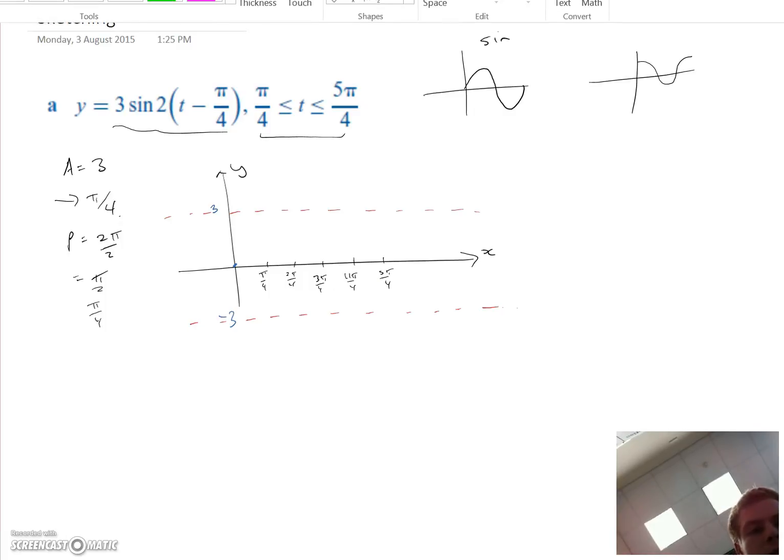And then the easiest thing to do is sketch our normal sine graph for just 3 sine of t, and then draw in our translation. So everything's just been shifted pi on 4 to the right. So what would a normal 3 sine 2t look like? It would be